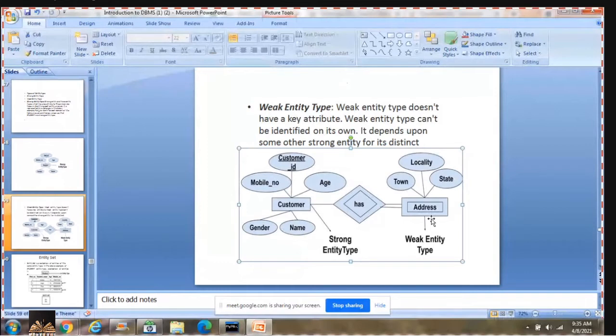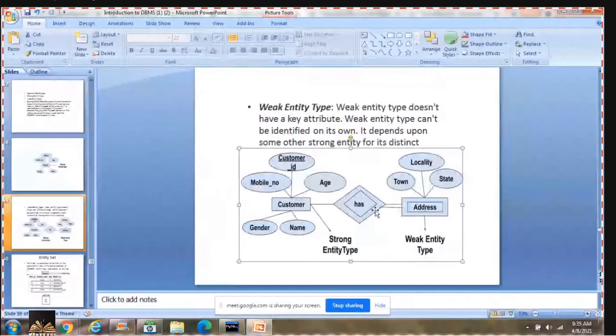It is represented using a double rectangle. Whenever you are working with a strong entity and a weak entity, the relationship would be a weak relationship, which is also represented differently, in the later stages.